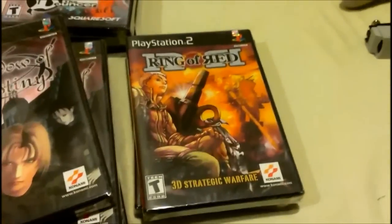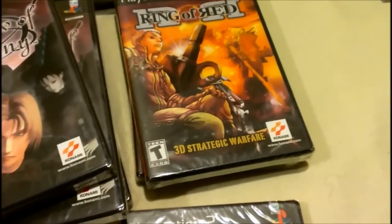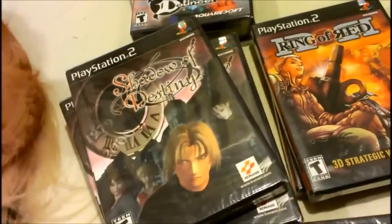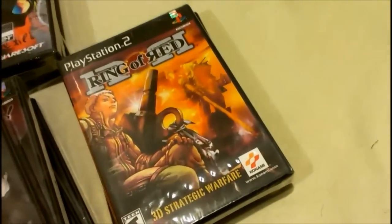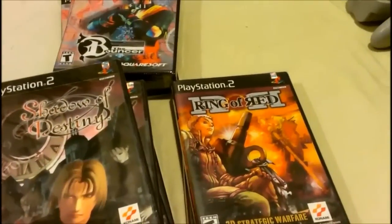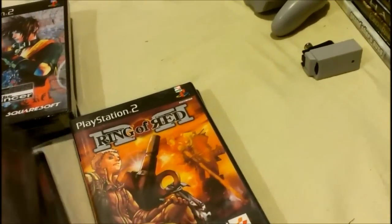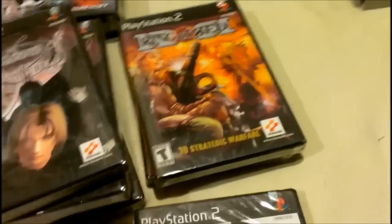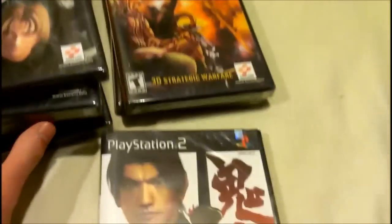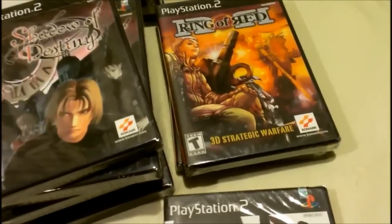He was doing 3 each, 2 for $5 on those. The other 2 games I got, which I'm going to show in a second, I got all in a bundle for $35. So, these aren't crappy titles. For $3 a piece, factory sealed, that's totally worth it. I'm going to be reselling most of these, but definitely hit me up if you want to trade for any of these games. If you're a factory sealed collector, or you just want one of these games brand new, just hit me up. But yeah, I paid $35 for everything, including this